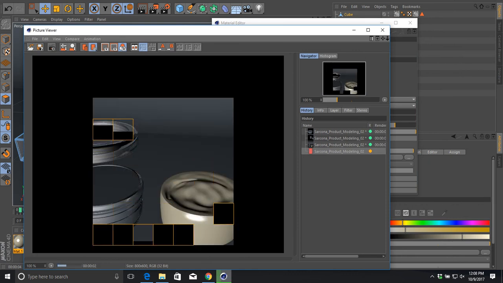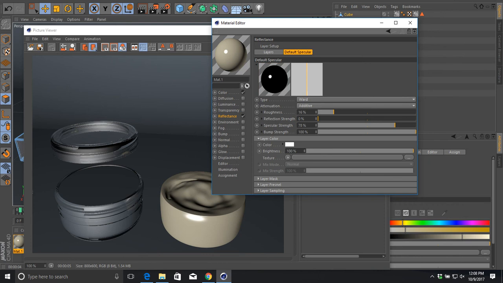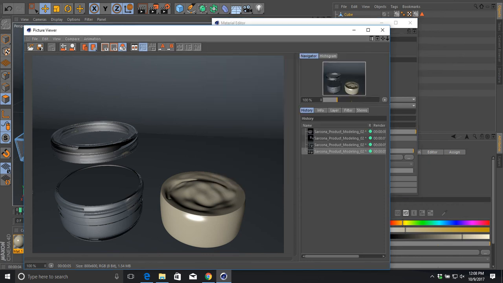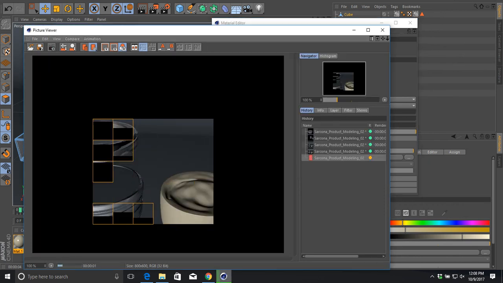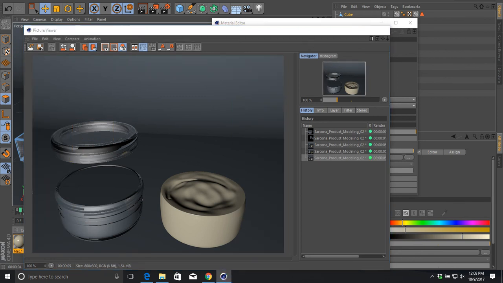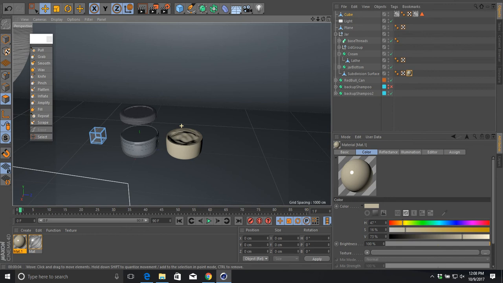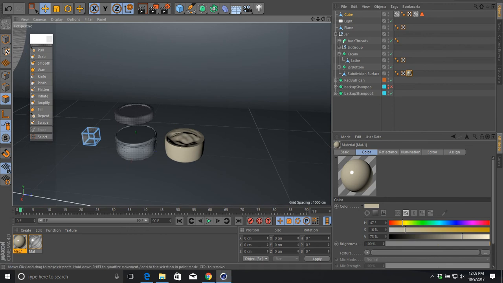Don't play with it too much. You just want to get an idea of what it's going to look like without, you know, all the stuff. Okay, it just kind of helps you visualize where you're going to need to add some detail. Cool. All right, so that's just some extra stuff to go